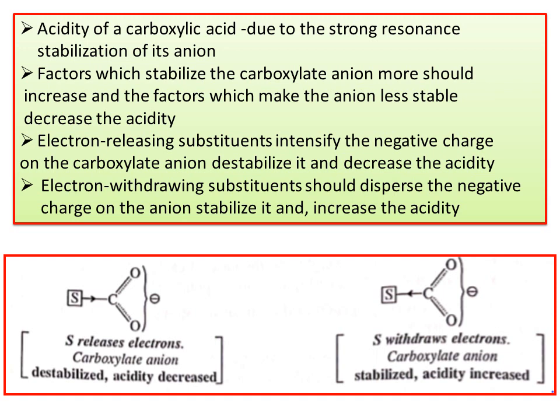It increases the negative charge on the carboxylate anion and destabilizes the carboxylate anion. Therefore, the acidity decreases. That is, electron releasing substituents decrease the acidic nature,